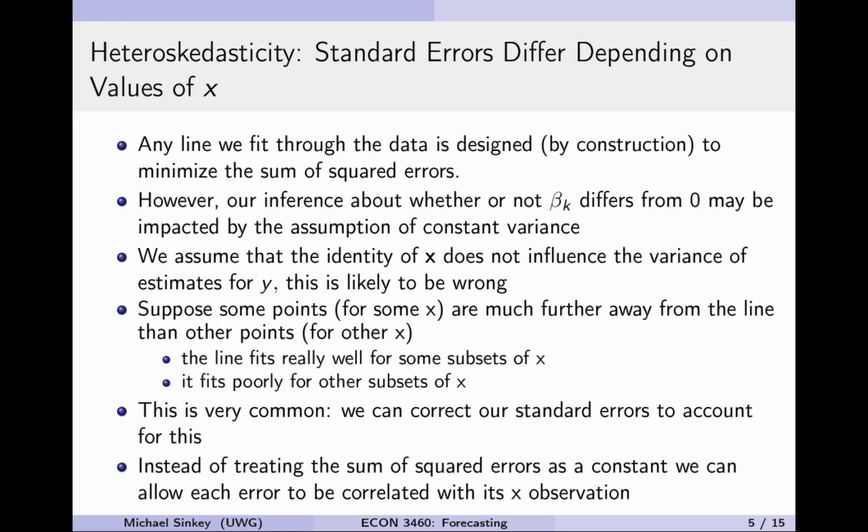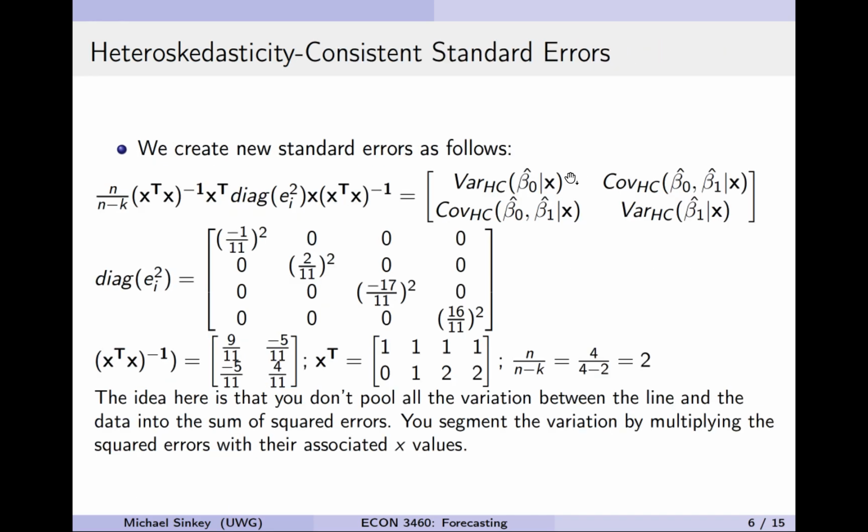So what we do here is we just allow x and the error term to be related to each other, because very clearly they are related to each other. So the line fits really well for some x but not for other x. That means that there's a relationship between the size of the miss and the value of x. And so we just allow for this with what are called